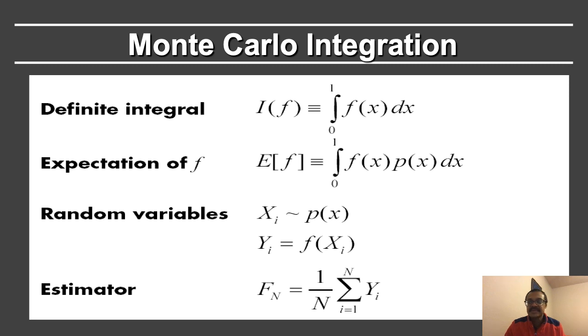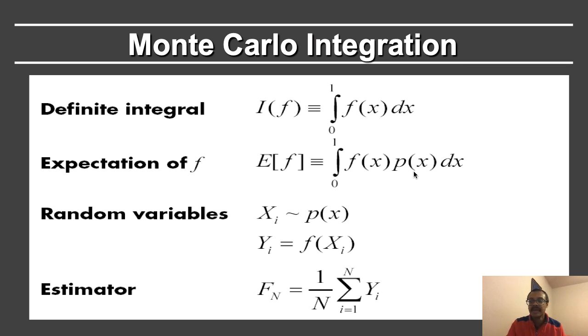We can make this a little bit more formal. We seek the definite integral, which is the integral of f of x dx. We replace that by the expected value. When we talk about an expected value, it's the integral of f of x with samples drawn according to some probability distribution p of x dx. Now you'll note that this expected value does not equal the original integral unless p of x is equal to 1. For now, assume that p of x is in fact equal to 1 and is a uniform probability